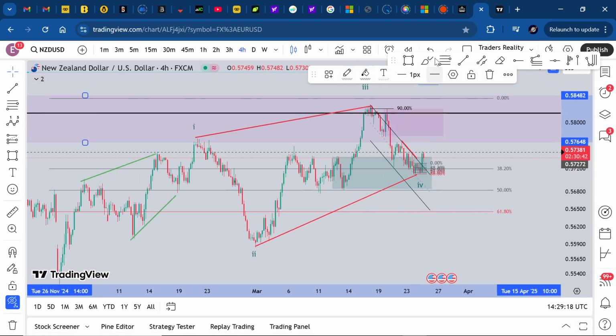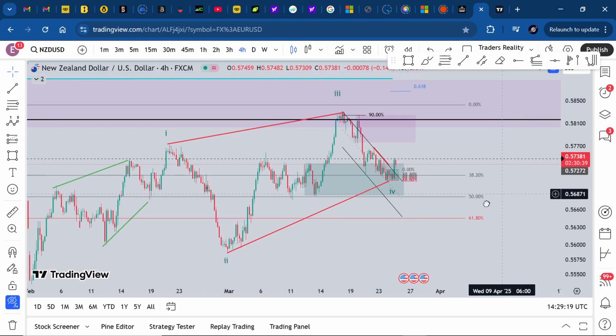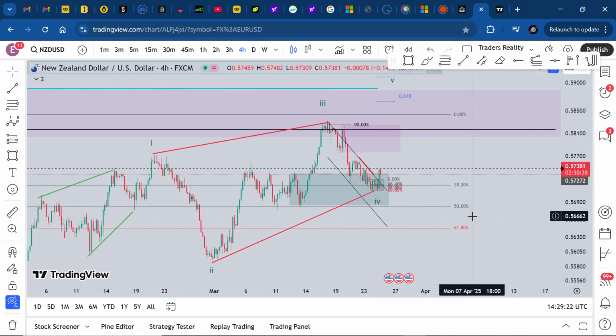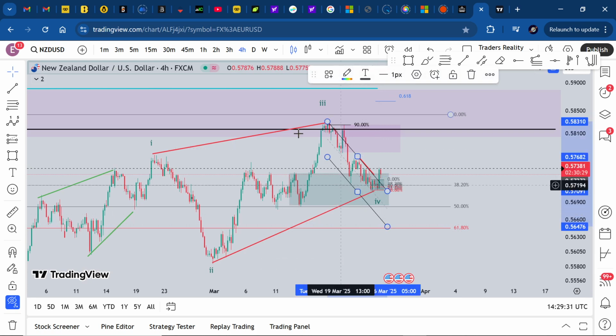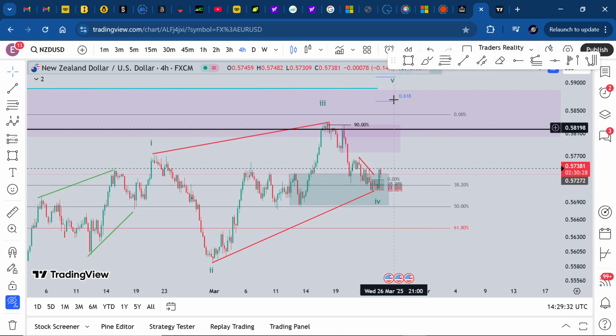Currently, and it was a bit early looking for it, I'm not going to lie, but the fourth wave has come in and done what it needed to do, and now it's a strong probability, or a lot stronger probability than before, that this is a leading diagonal. I can take this channel off now, but you know, you can see how this was mostly contained within the channel. Okay,